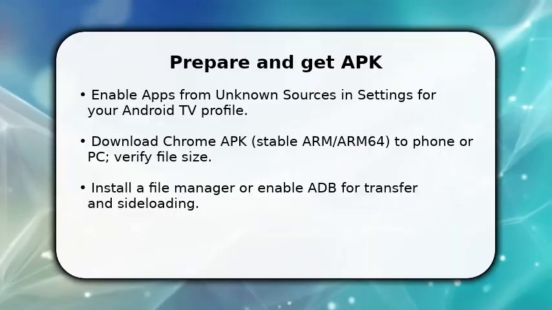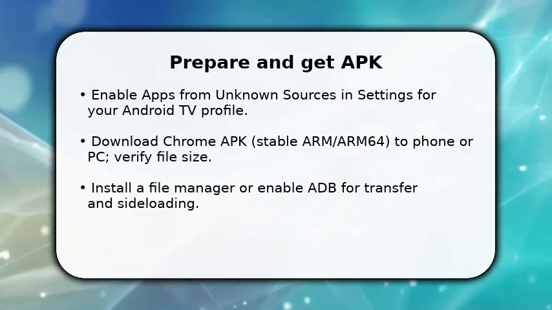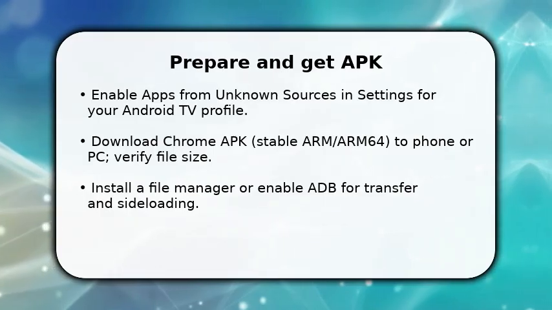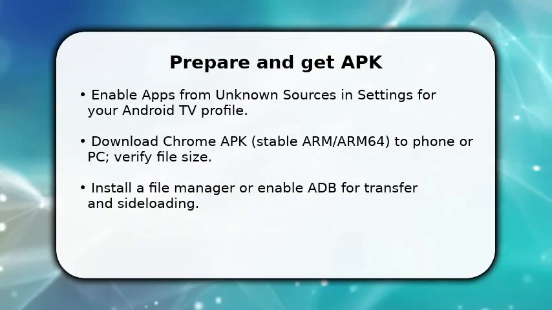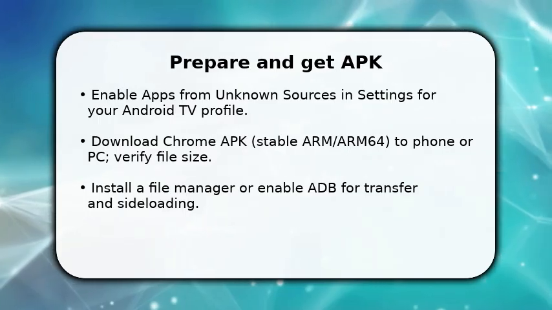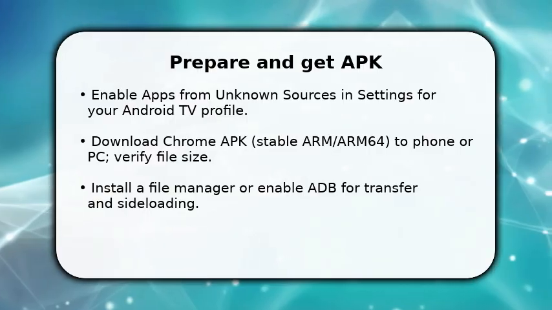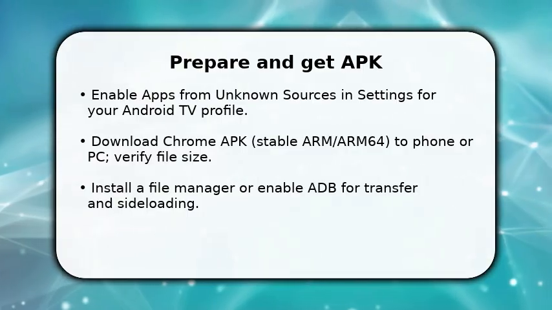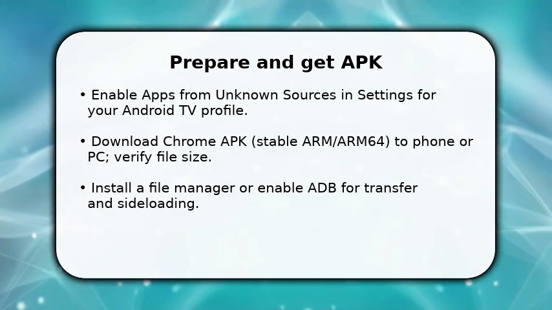Enjoy the video. You start by unlocking the ability to install outside the Play Store, enable unknown sources for the TV user profile, and install a lightweight file manager. Next, download the correct Chrome APK variant for your TV's CPU, ARM or ARM64, so the app can run. Transfer that APK now. Use USB, local network share, or ADB sideload. Doing these steps first prevents architecture mismatches and permission errors later, and sets you up to install without interrupting the